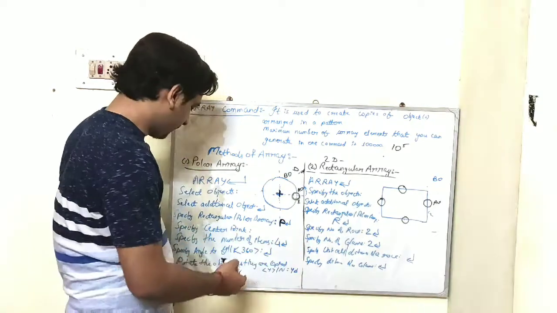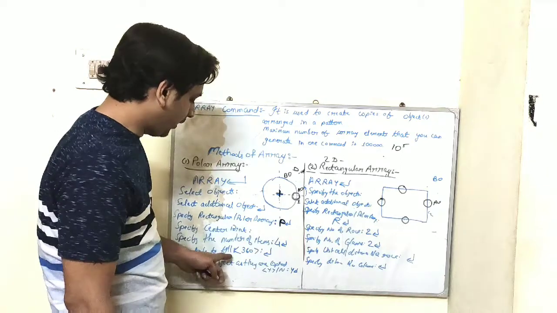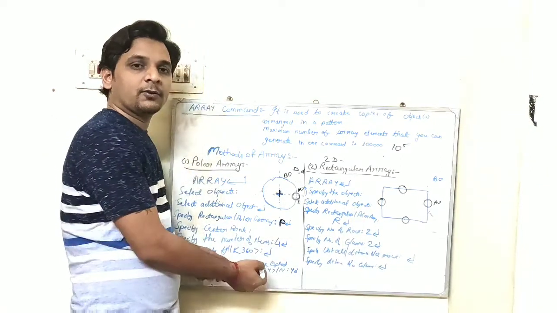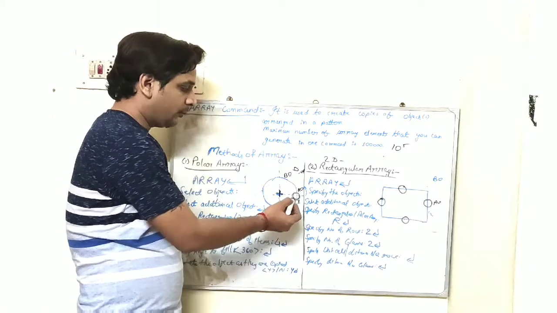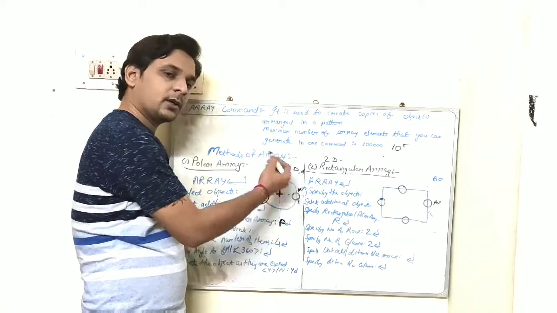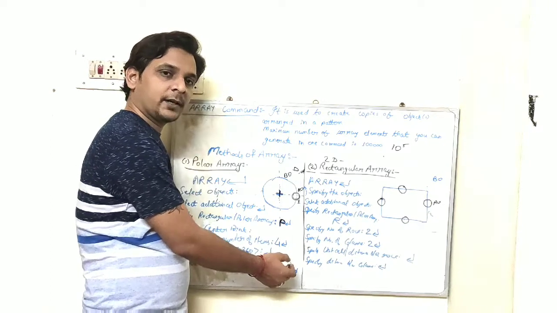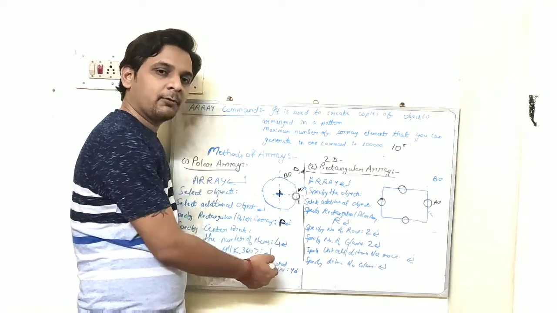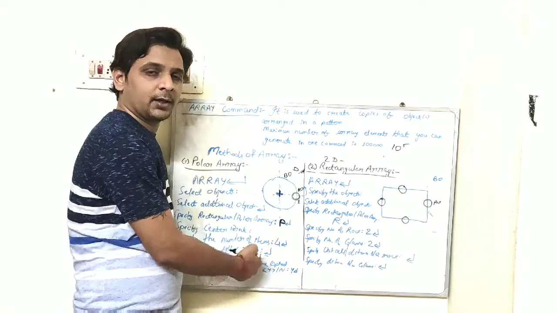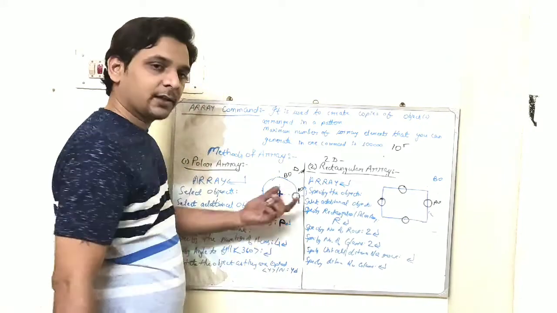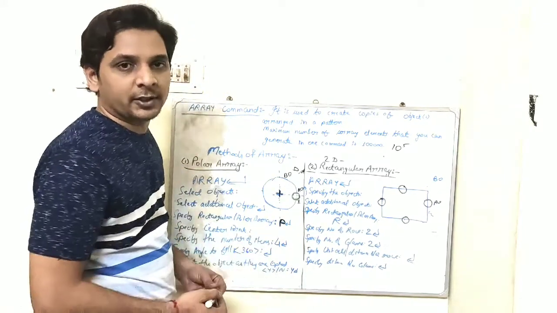Very good. Now the computer will ask you to specify the angle to fill. By default it is already set to 360 degree. So I am going to construct these 4 elements over this 360 degree. So just type 360 or just press enter, because by default it is set to 360 degree. Okay, so I am just pressing enter over here. It is selected as 360 degree.